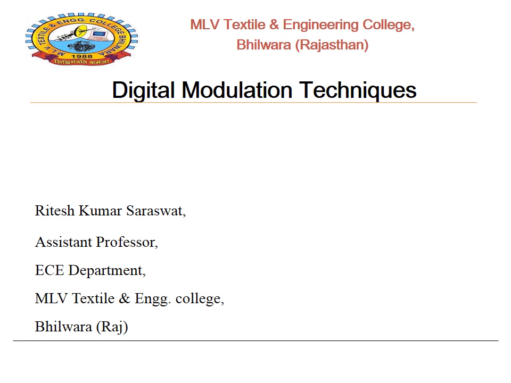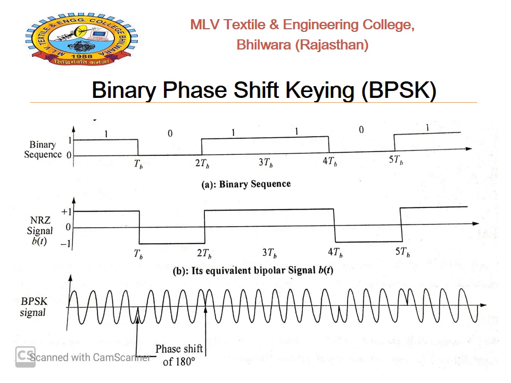In continuation of the previous lecture, today we will discuss binary phase shift keying, another part of the digital modulation techniques. Phase shift keying is the digital modulation technique in which the phase of the carrier signal is varied in accordance with the modulating signal. In BPSK, individual data bits are used to control the phase of the carrier. During each bit interval, the modulator shifts the carrier to one of two possible phases, which are 180 degrees or pi radians apart.